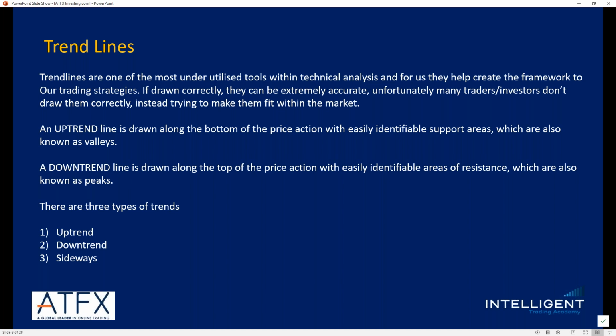Unfortunately, many traders or investors do draw them incorrectly. What you tend to see is traders try to make them fit with their bias, their markets. Now, can anyone quickly answer for me, how do you draw a trend line correctly? I'm going to give you a poll in that respect, and I'm not going to pop it on the screen. I'm just going to answer it for you guys. In terms of trend lines, do you attach the points or trend line marks to the wicks or the upper or lower edges of the body of the candle?